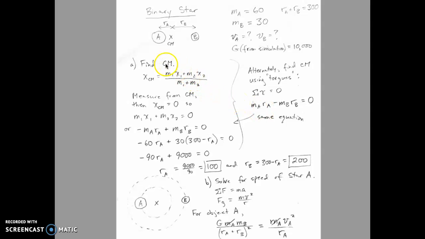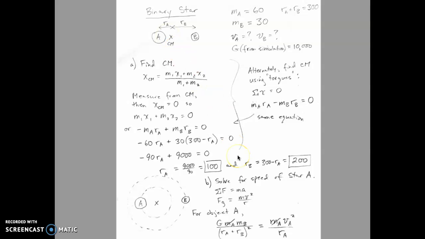First step is to find the center of mass. It's not given, I just know the total distance. So figure out the center of mass. You could use the center of mass equation. You could also use torques, which gives you the same equation. So you could think of it kind of as a balancing of two objects on a pivot,